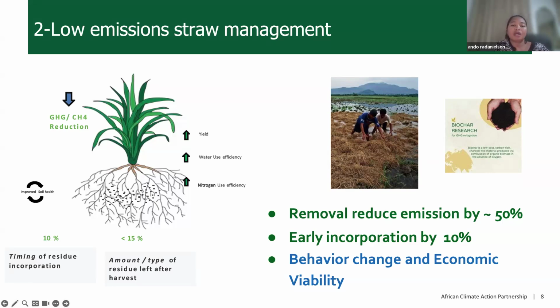But one option that we may think of is biochar in particular, because by removing the straw, we can aim to produce biochar from straw, bringing that back to the system, and that can be very positive for low input systems, but also for systems where we have soil constraints, because biochar is very key and it has been proven to improve soil fertility. So in terms of that behavior change, straw requires additional